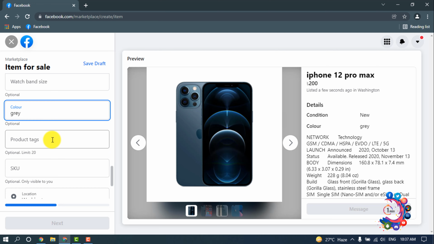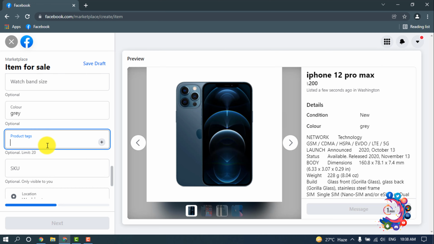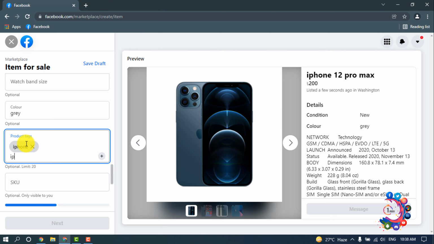And this is the most important part. Here you have to add product tags. You can add total 20 tags for your product. So I'm adding iPhone, 12, iPhone 12 Pro Max,